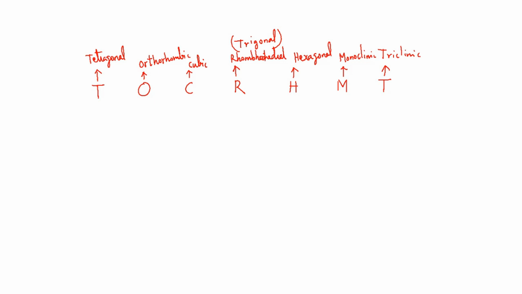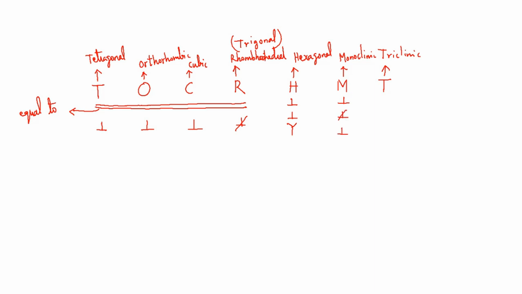So we have to remember these 7 letters as well as the picture that I am going to draw. You have to put a parallel line from T to R like this. This parallel line indicates equal to, and this T is below this T. Put a notation like this, and below triclinic a notation like this.